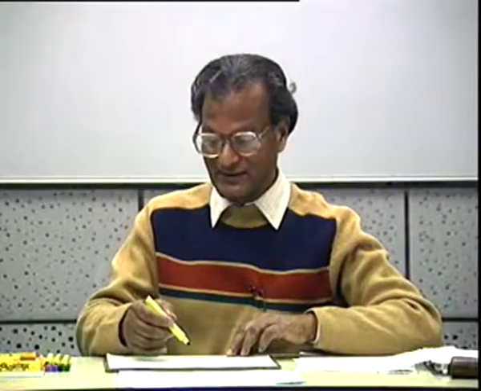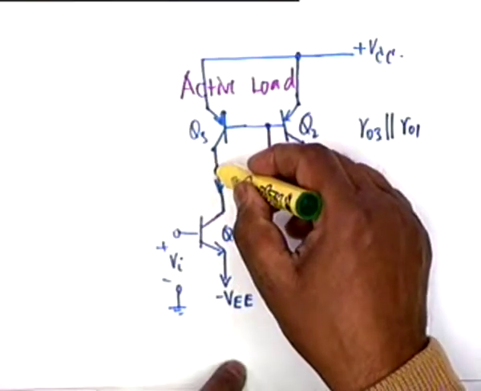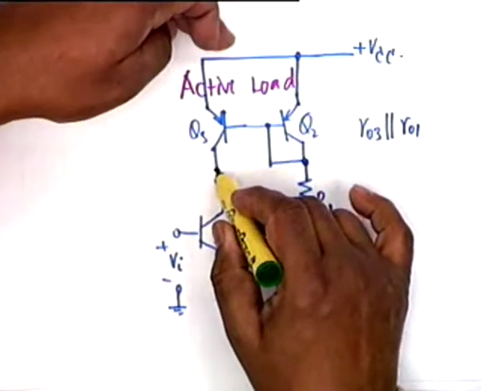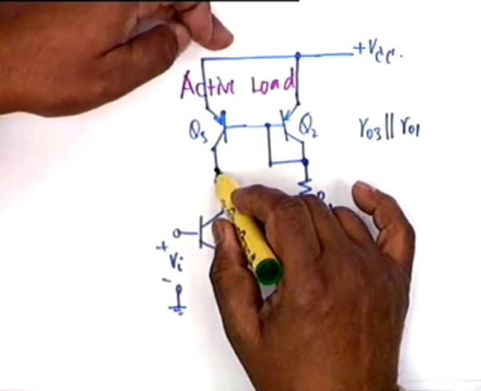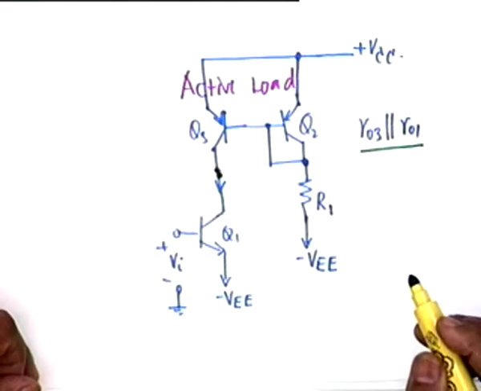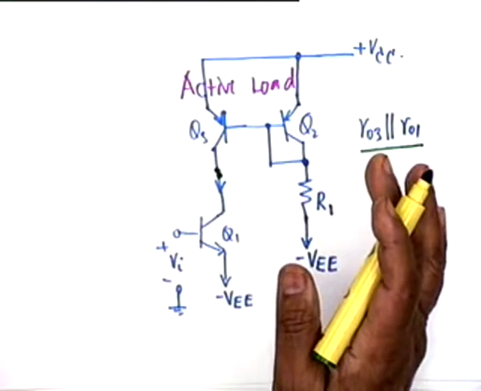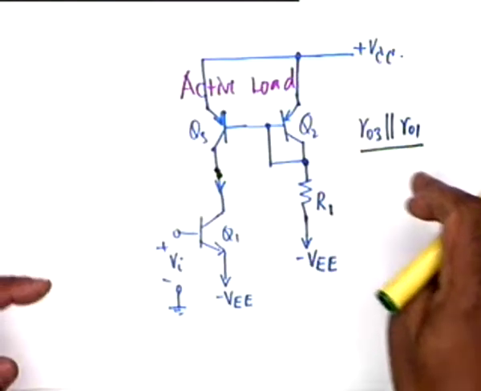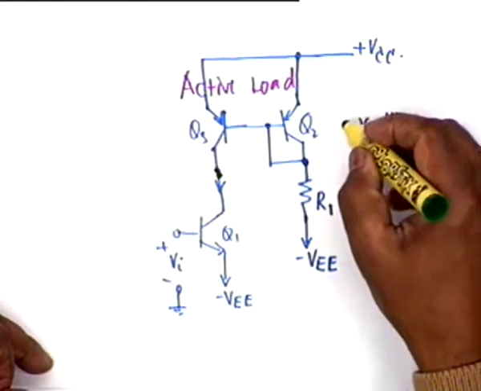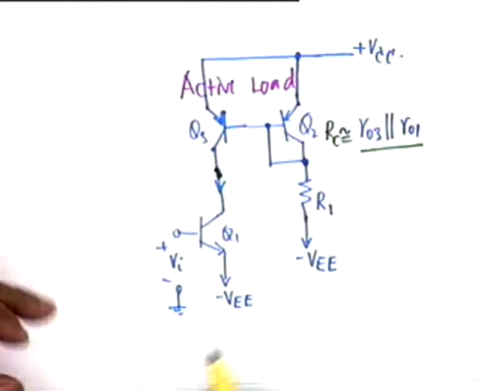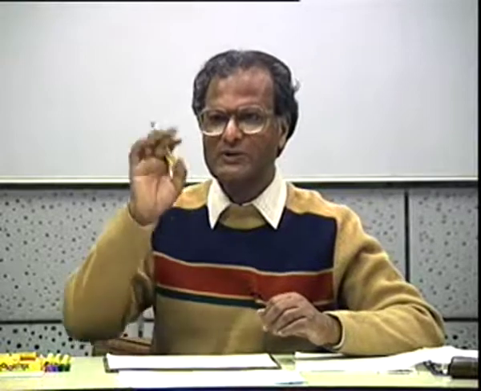That is what observation is. Observation, not seeing. Observation from here to ground is R01, offered by Q1. From here to ground, VCC is also ground, R03. So the effective load would be R03 parallel R01. And this is obtained purely by inspection. I derived the circuit from common sense, why PNP and why this connection, and now common sense says that the effective load, that is R sub C, would be approximately equal to it. There will be other factors, but these two shall definitely be there.